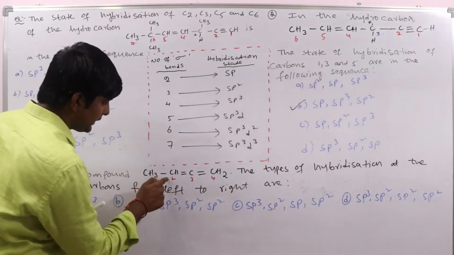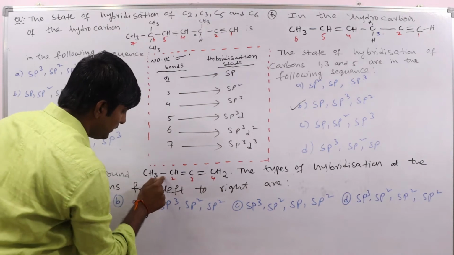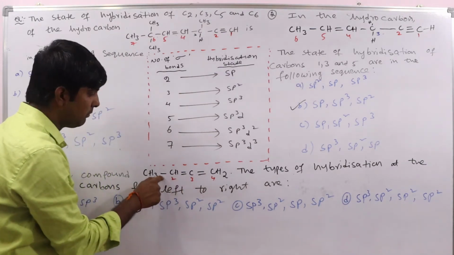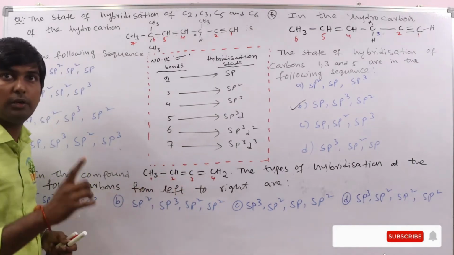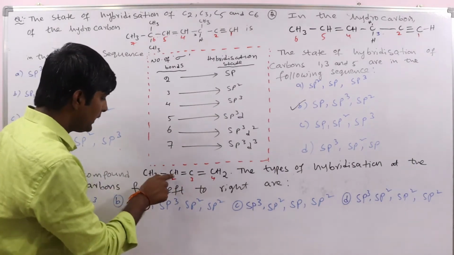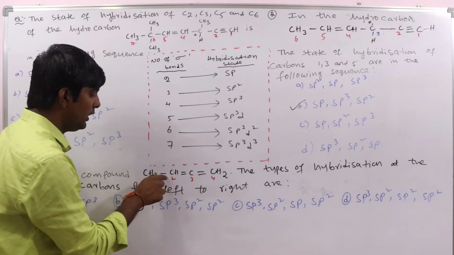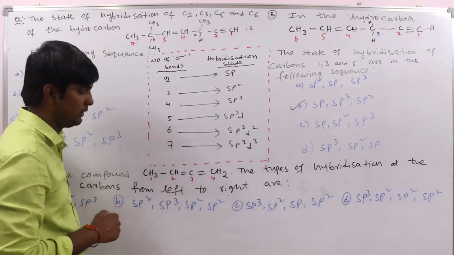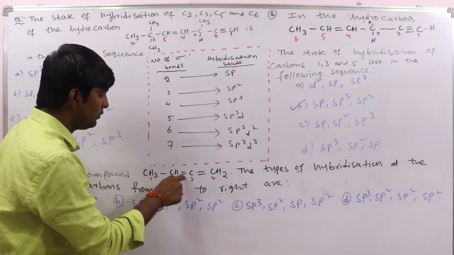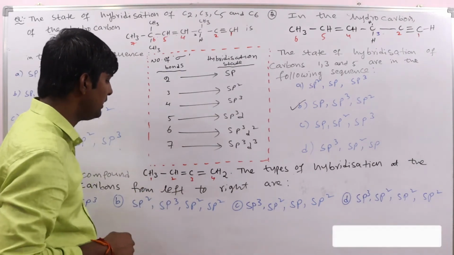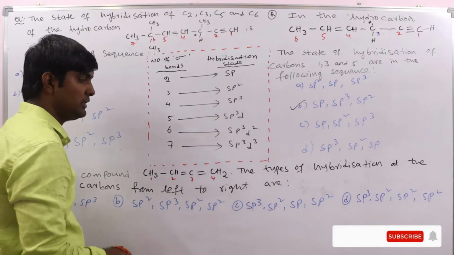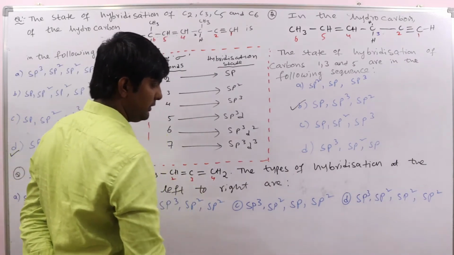Next, at the second carbon, see, 1, 2: one sigma bond, and here this is a sigma bond, one is a pi bond, right? We only have to count sigma bonds, and a CH bond is a sigma bond. So here sp2 hybridization. 1, 2 and a CH sigma bond, total 3 bonds. So at the second carbon sp2. The first one is sp3, the second carbon is sp2.